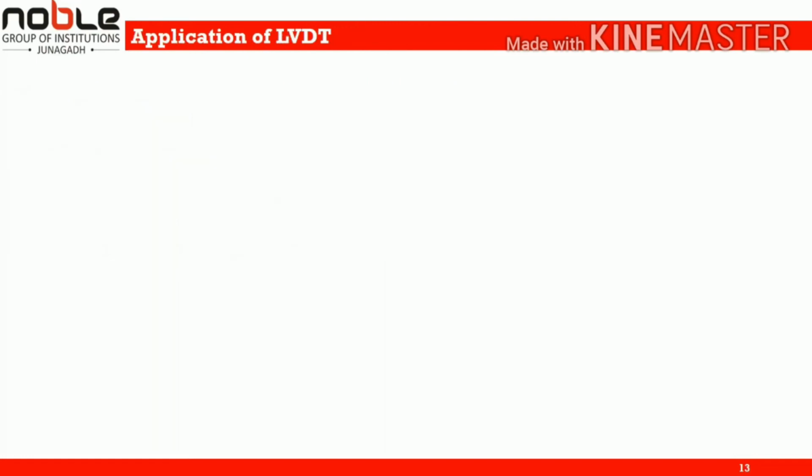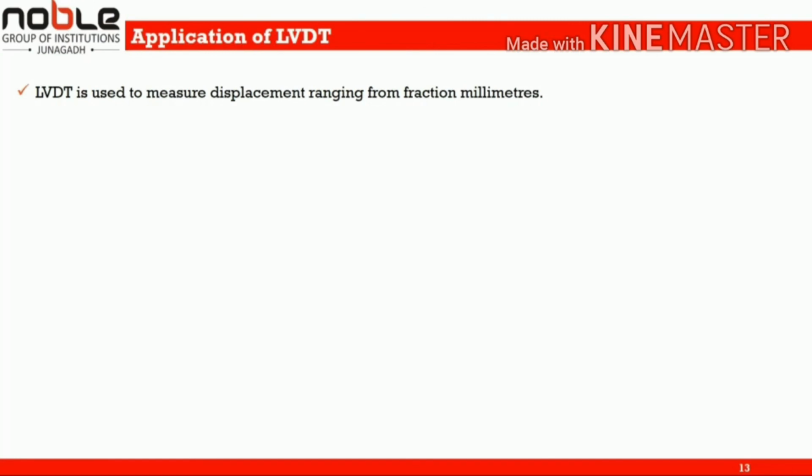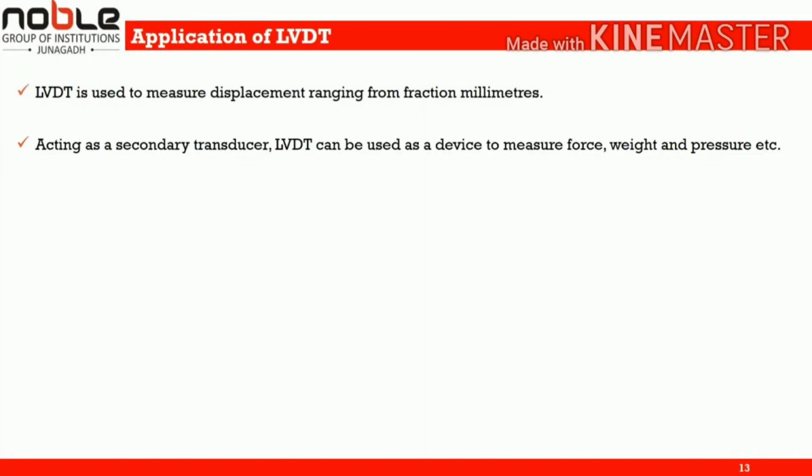Now let us see some of the applications of LVDT. The first one: LVDT is used to measure displacement ranging from a fraction of a millimeter. Acting as a secondary transducer, LVDT can be used as a device to measure force, weight, pressure,